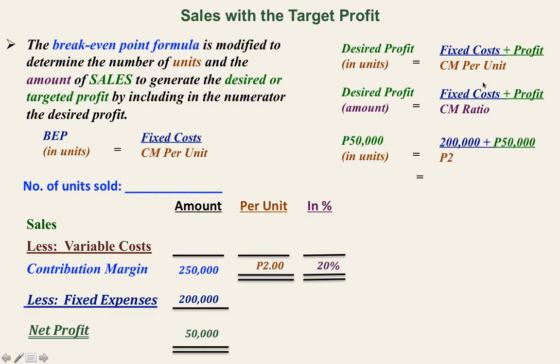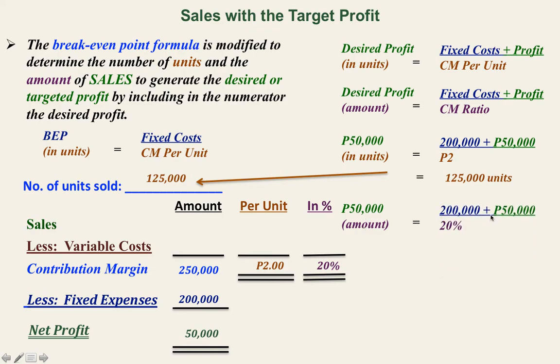Our fixed cost is 200,000 plus 50,000 for the profit, divided by 2, we will have the number of units: 125,000 units. So the units that need to be sold is 125,000. And for the amount of sales, it will be 200,000 plus 50,000 divided by 20%. You will get